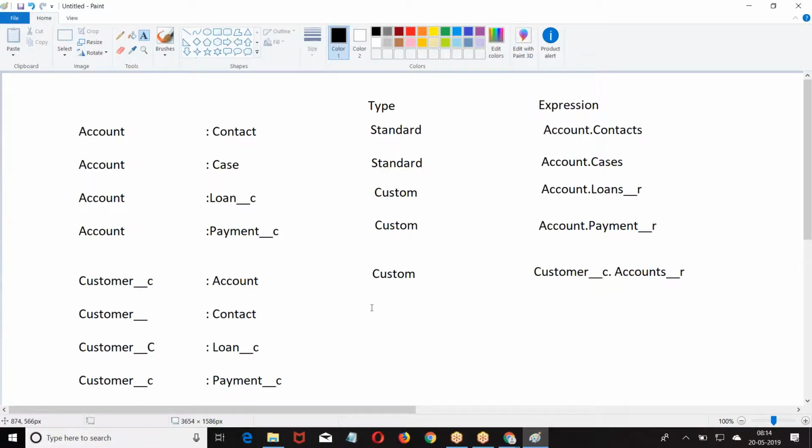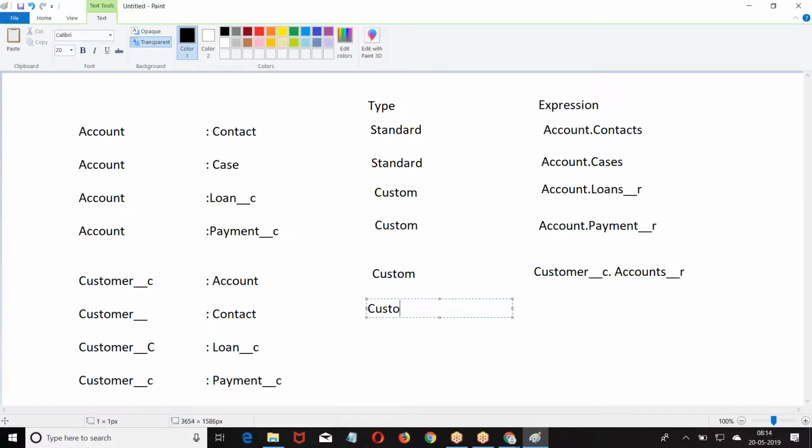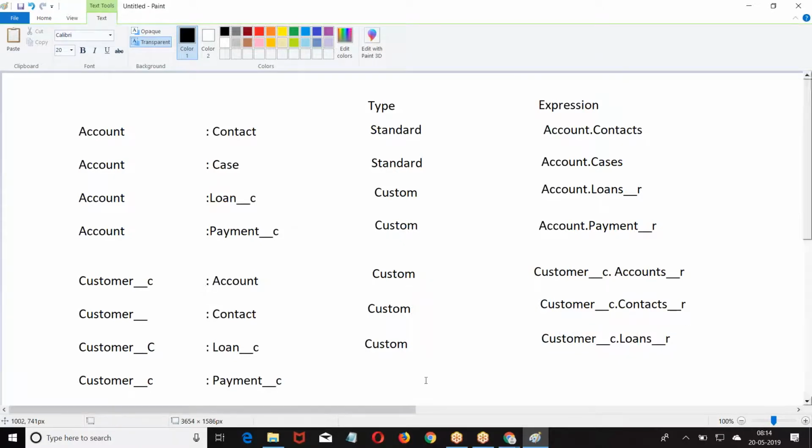Custom relation, this is the format. I hope you are good with this.